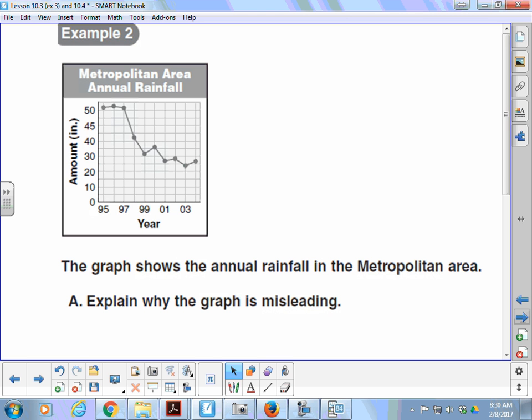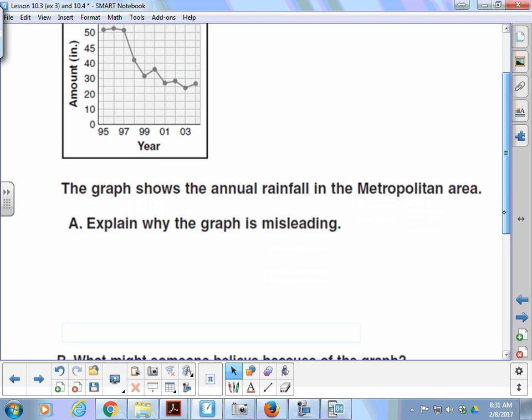Zoe, what do you think? Can you see it? Yeah, it goes from 50 to 45 and 45 to 40 and then it goes to 30. Okay, so the y-axis is not consistent. All right, and if we're doing a y-axis, the y-axis has got to be the same. All right, so this is misleading